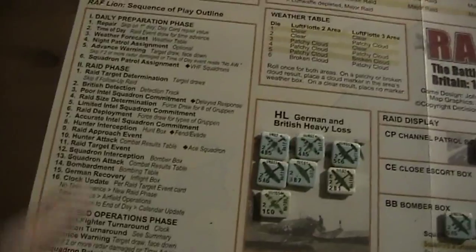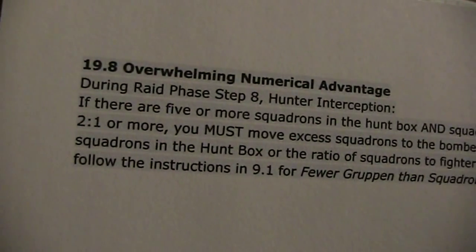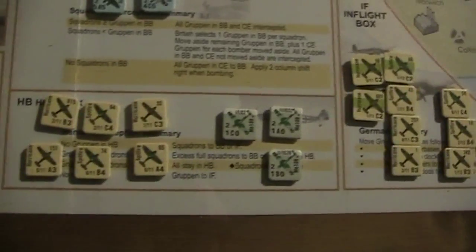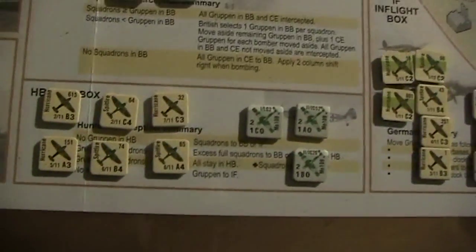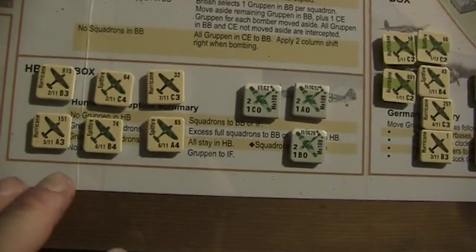Okay, and now it's the Hunter interception again. Now this rule again applies. We have a ratio of 2 to 1 and more than 5 squadrons in the hunt box. So I guess I will move... Yeah, I think I will move 1 squadron up